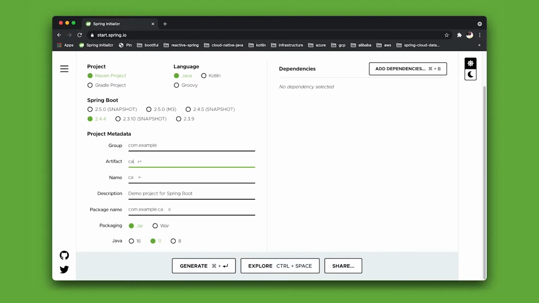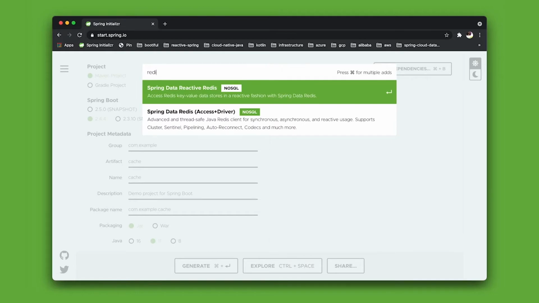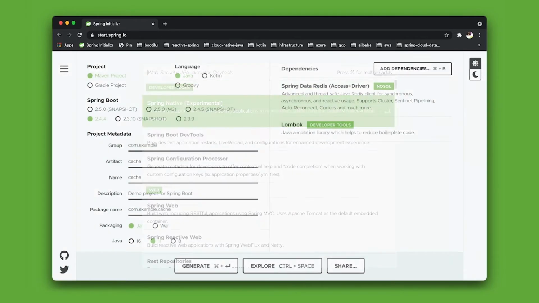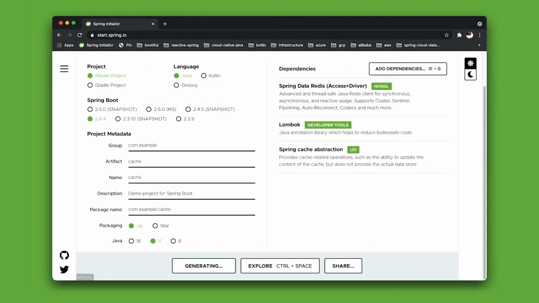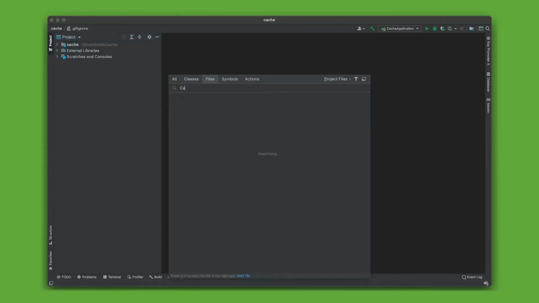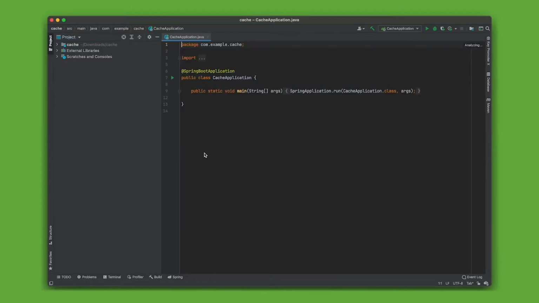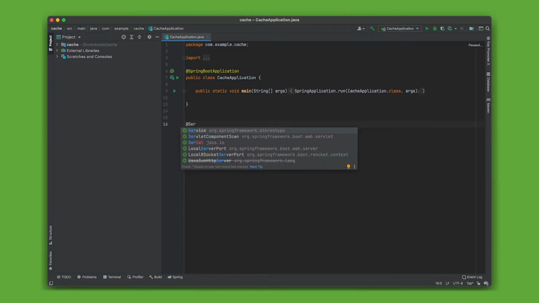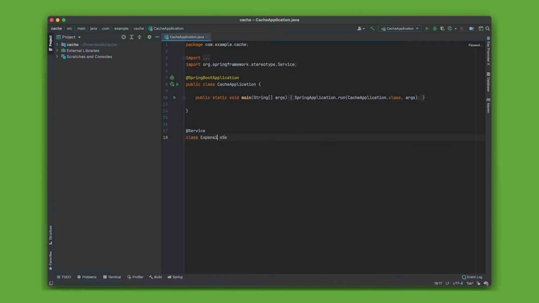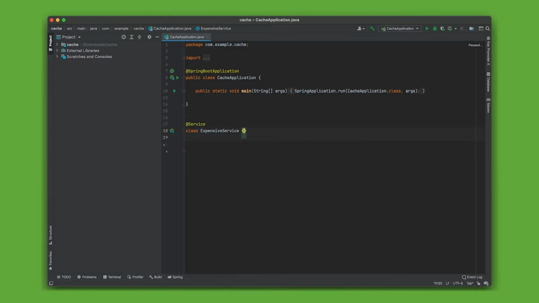So let's create a new application here using Redis, and we're going to use Lombok, and we're going to use the cache abstraction. Let's go ahead and open up our application, and we're going to create a very simple service here called the expensive service. This service is going to do a computation that produces a response, and the response is just going to be an object,